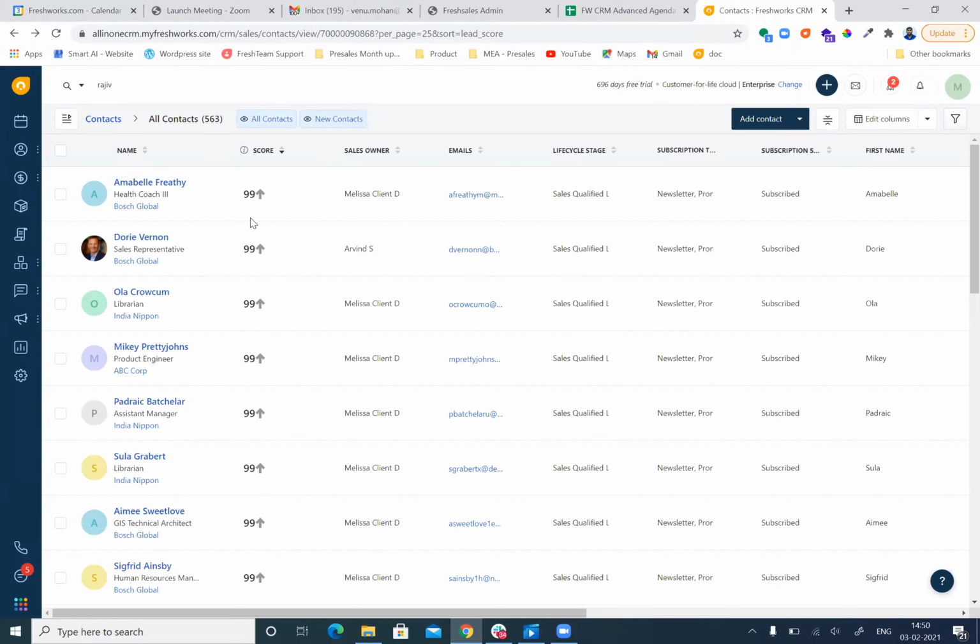And other than the lead scoring, there are a few more value added benefits available as part of the CRM. One is the note section. The note section helps you take notes about a customer, the highlighted points you discussed with the customer during the meeting, and if the customer requested a few action items, you can update that as notes here.